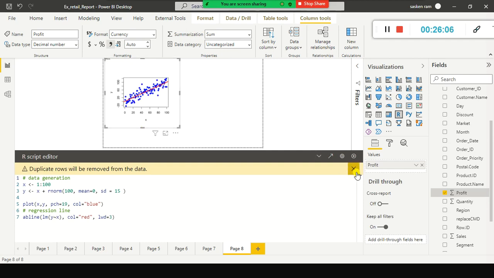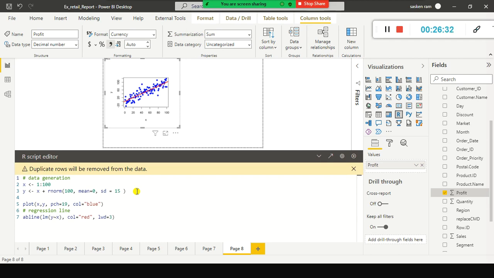Supposing you have a linear regression model here, or you want to plot a scatter plot, okay, you can use all kinds of visuals like a scatter plot and a strip chart and even violin chart, box plot, everything you can plot using R. R is known for visualization, okay.